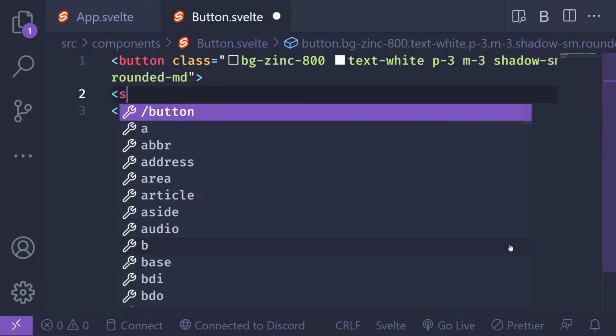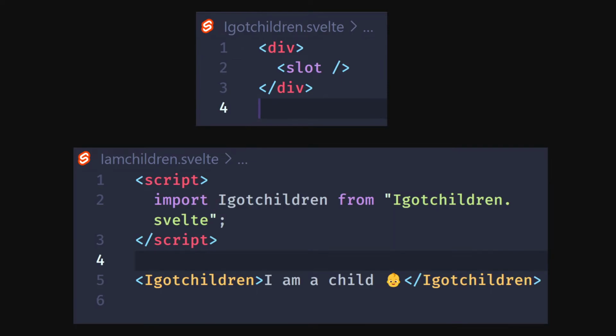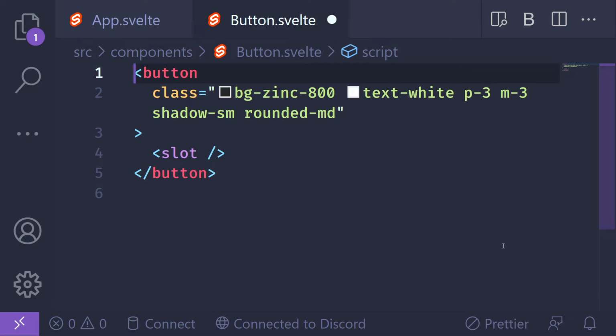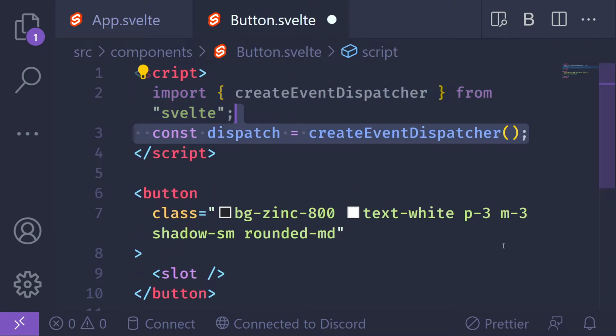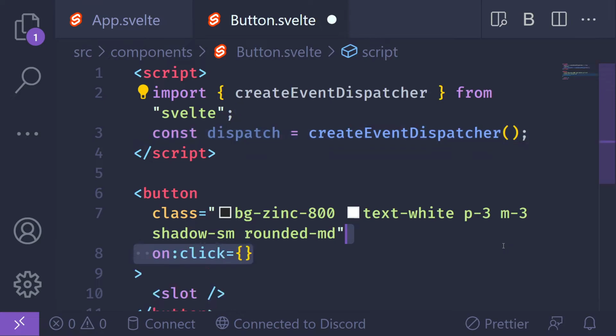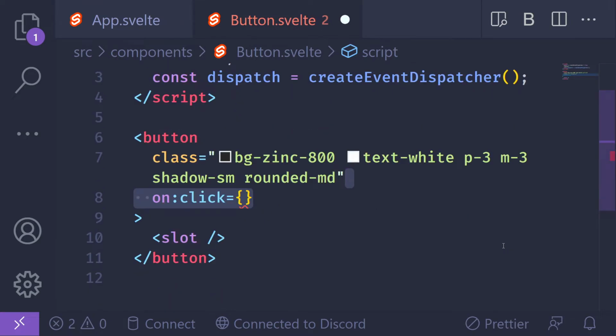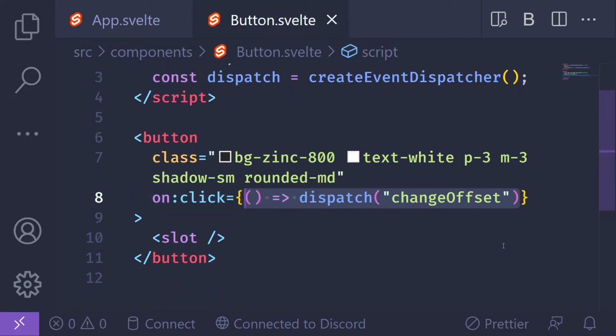Inside, we'll put a slot. The children you put inside any component are called slots in Svelte. Just like HTML tags have events, we can also create events for our components. To do that, import createEventDispatcher from Svelte. Declare a variable dispatch, which is a function that takes an event name. When this button is clicked, we want our button component to dispatch an event